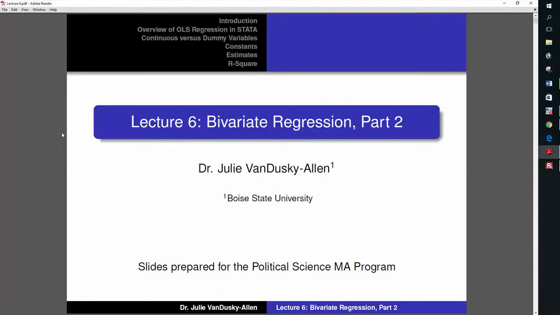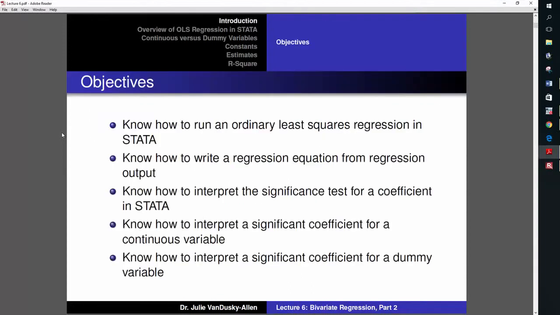This is Lecture 6, Bivariate Regression, Part 2. By the end of this lecture, you should be able to know how to run an ordinary least squares regression in STATA, know how to write a regression equation from regression output, know how to interpret the significance test for a coefficient in STATA, know how to interpret a significant coefficient for a continuous variable, know how to interpret a